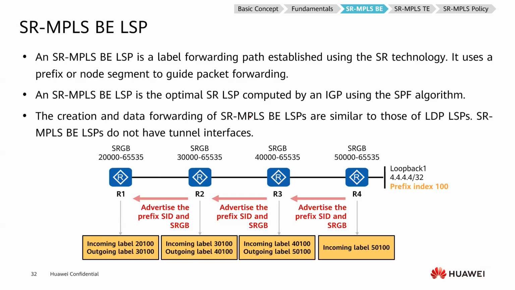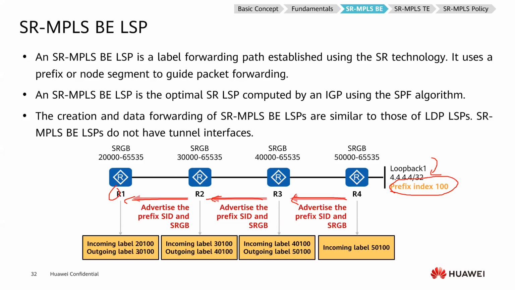Okay, so let's look at the forwarding. We call it the working principle. How does forwarding work for SR-MPLS? For SR-MPLS BE, first they need to advertise the prefix SID. When I get the prefix here and the prefix index is 100, it will only advertise the index 100, index 100, index 100. So R1 knows that if I want to go into this IP network, I should